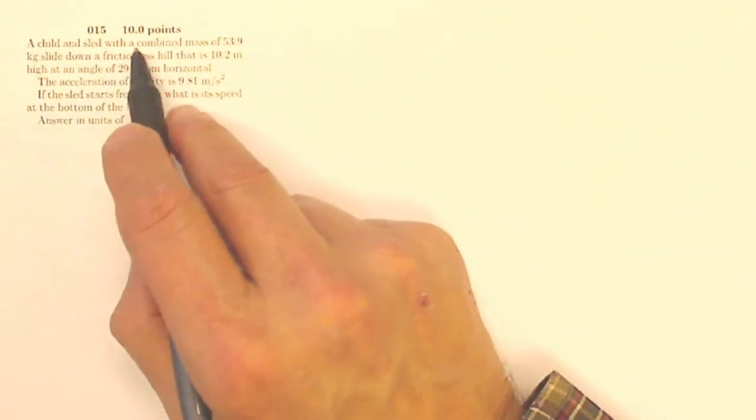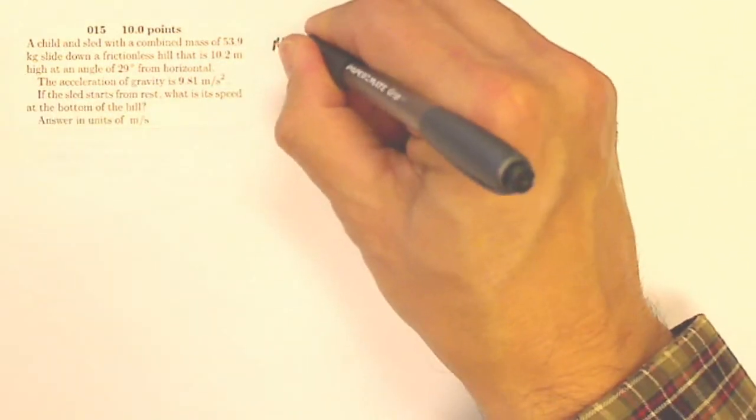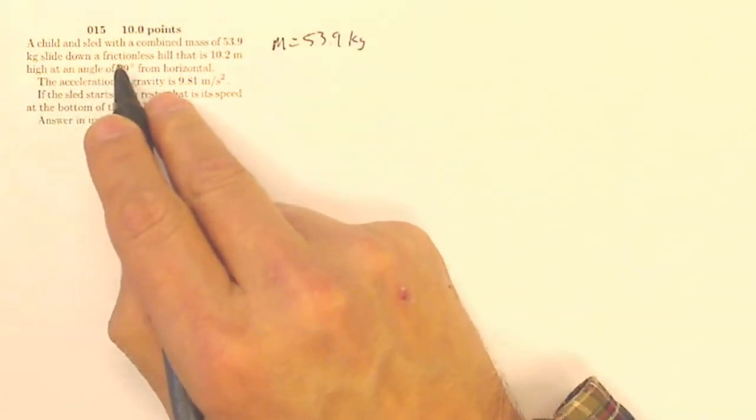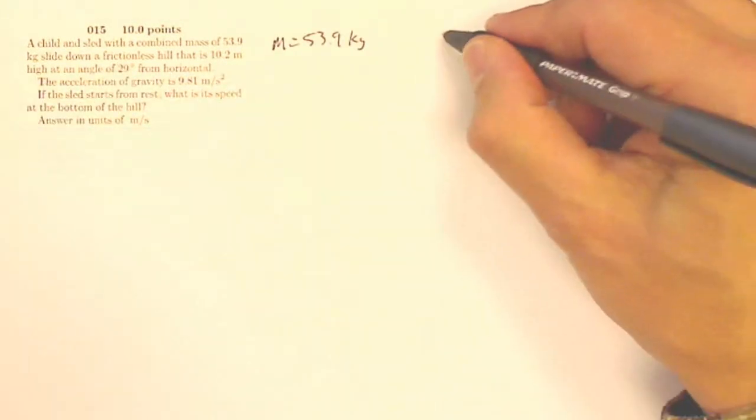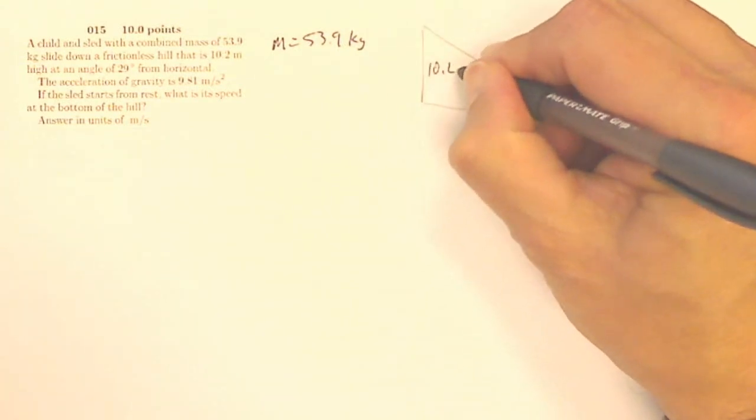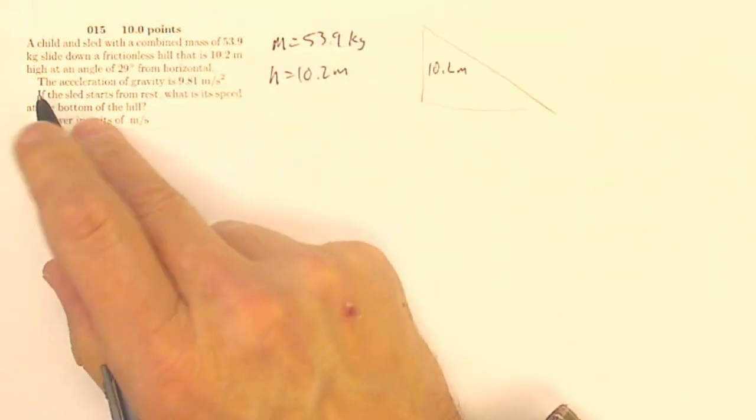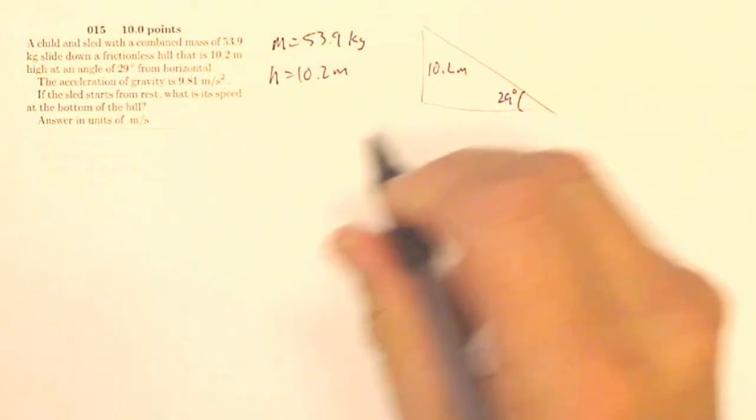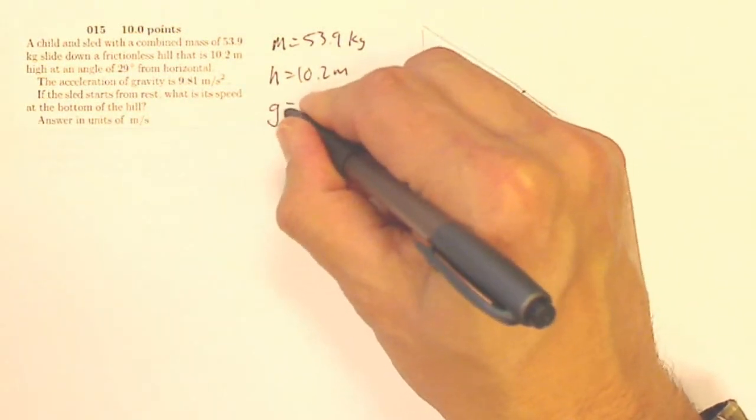A child in a sled with a combined mass of 53.9 kilograms, so that's my mass, is 53.9 kilograms, slides down a frictionless hill that is 10.2 meters high, so I've got this hill that's going to be 10.2 meters high. So my height is 10.2 meters. At an angle of 29 degrees from the horizontal, so this is 29 degrees. The acceleration of gravity is 9.81 meters per second